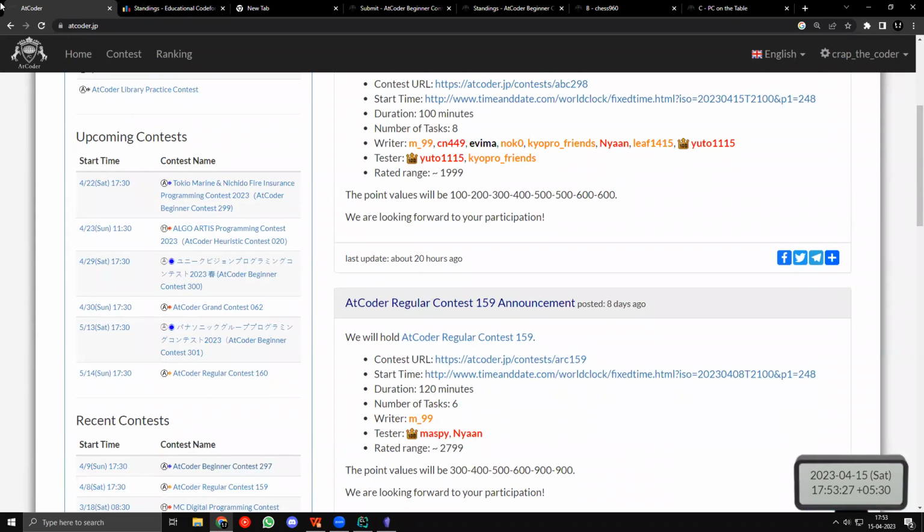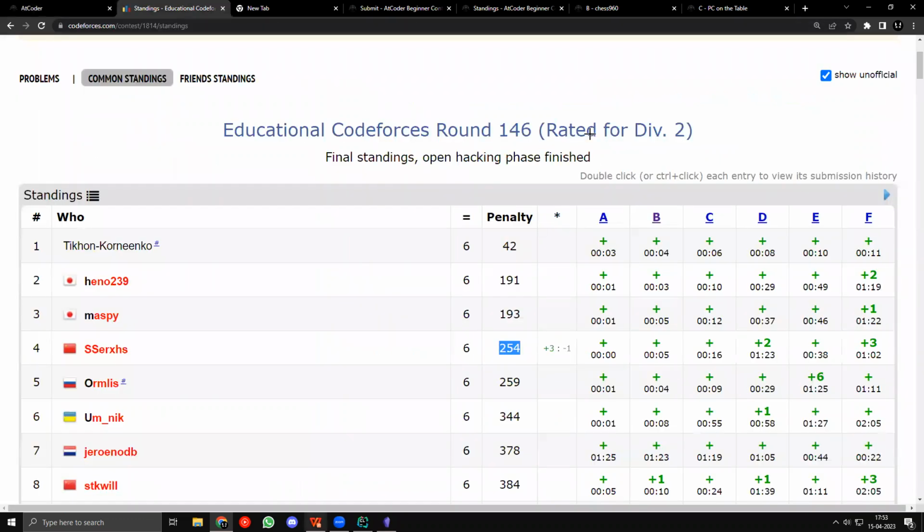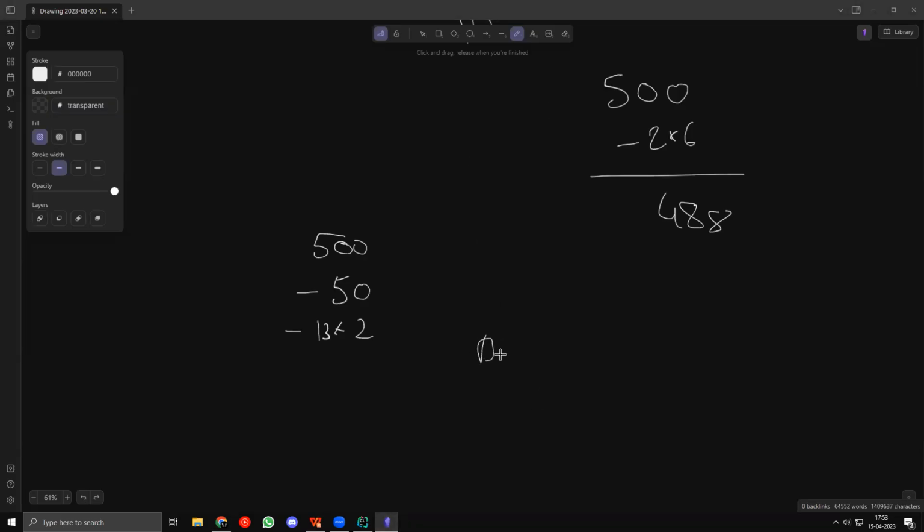What are the divisions in CF? Which one is for beginners? Okay, there are 4 divisions in CF. So there is div 1, 2, 3, and 4. Div 4 is the easiest, div 3 is the second easiest, div 2 is the third easiest, and div 1